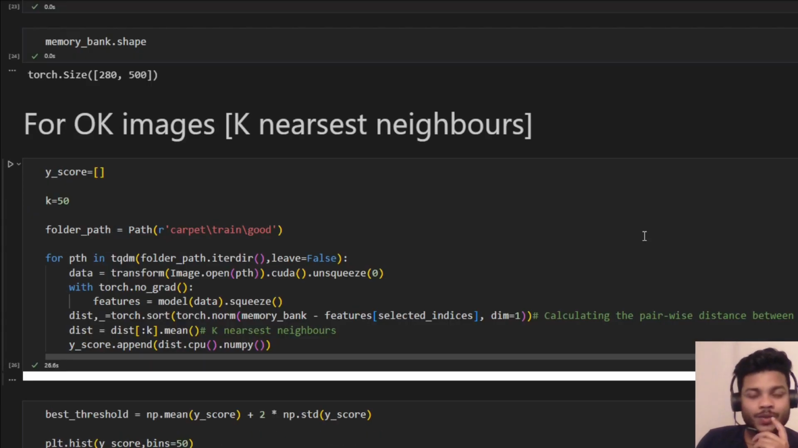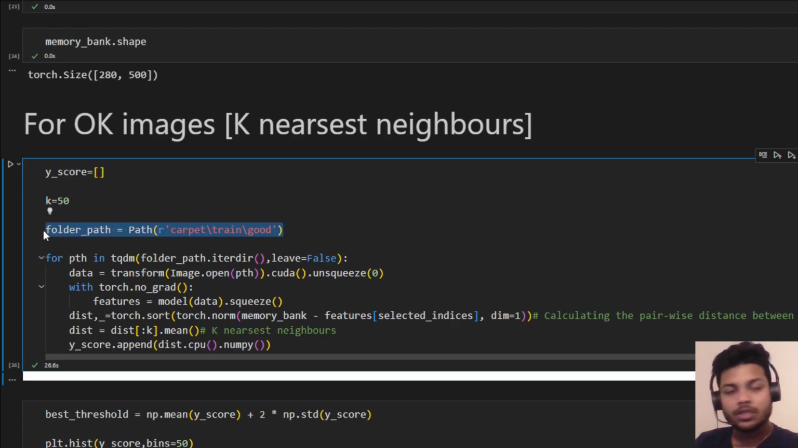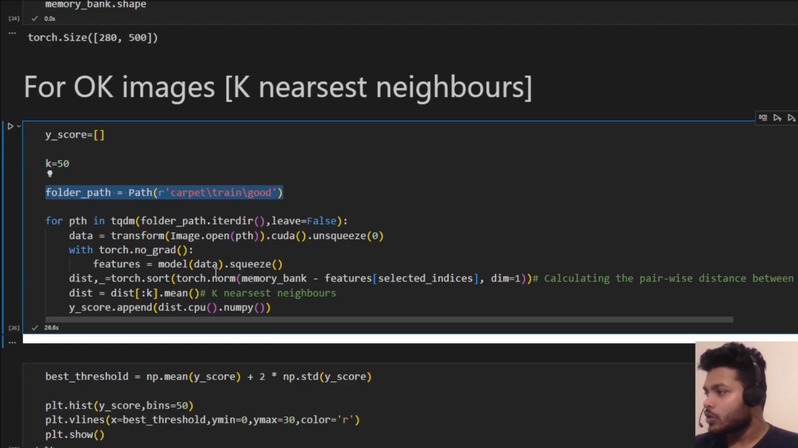So alright, now that we have created our memory bank, our next step is to calculate, from the good images or the okay cases of the images, what is the average nearest neighbor distance. So for that, we are going to iterate through all the images present in our training dataset, especially the good images, and then we are going to calculate the score. So how are we going to calculate the score? So first of all, we